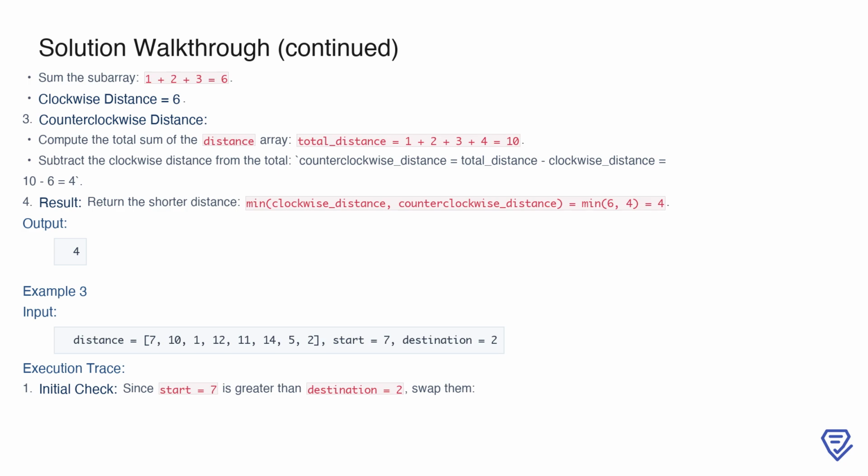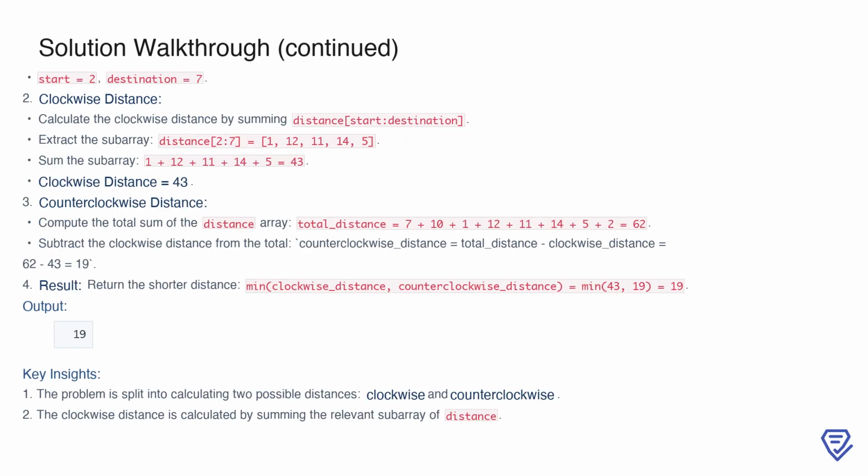For the third example, the input specifies distance equals 7, 10, 1, 12, 11, 14, 5, 2, start equals 7, and destination equals 2. This time, we notice that start is greater than destination. To simplify the calculation, we swap their values. After swapping, start becomes 2 and destination becomes 7. The clockwise distance is then calculated by summing the elements of the subarray distance[2:7], which is 1, 12, 11, 14, 5. Adding these values gives 1 plus 12 plus 11 plus 14 plus 5 equals 43, so the clockwise